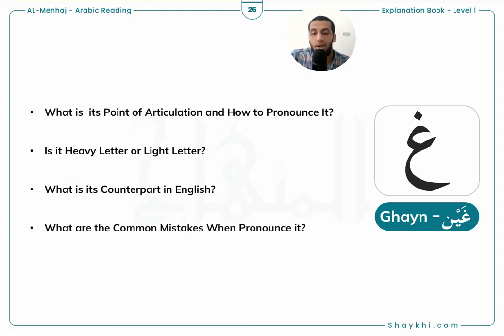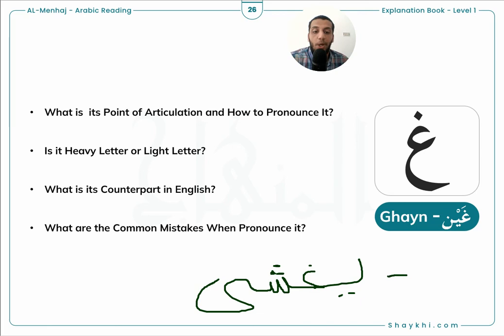The fourth point is, what are the common mistakes when pronouncing letter Ghayn? One of the common mistakes when pronouncing letter Ghayn is pronouncing it like letter Kha. Okay, for example, the word